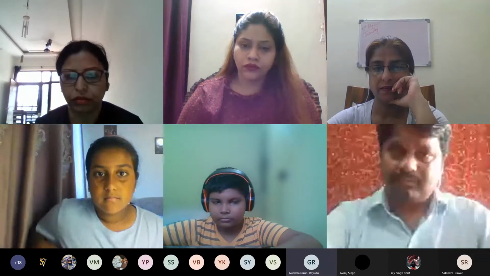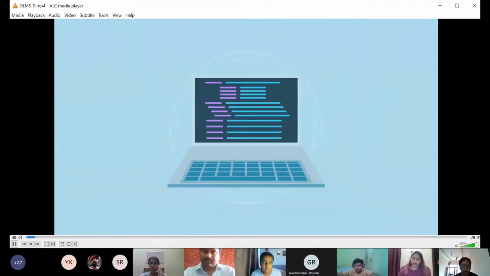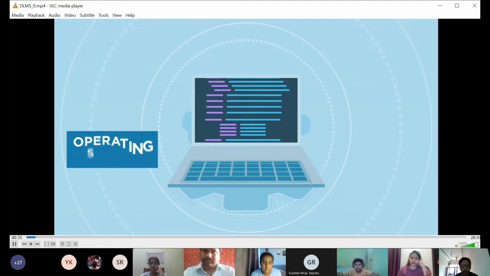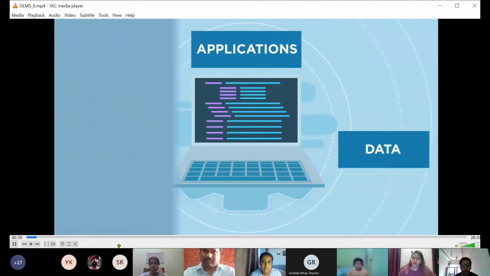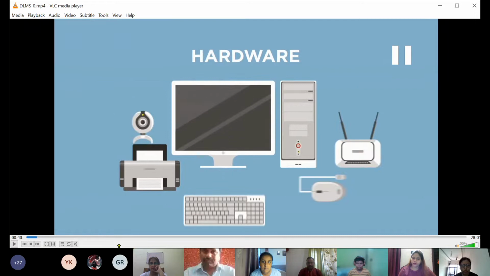Parts of a computer, the parts that can't be touched. This includes the instructions that control how the hardware functions, the applications running on the computer, and the data stored on the computer. Hardware includes